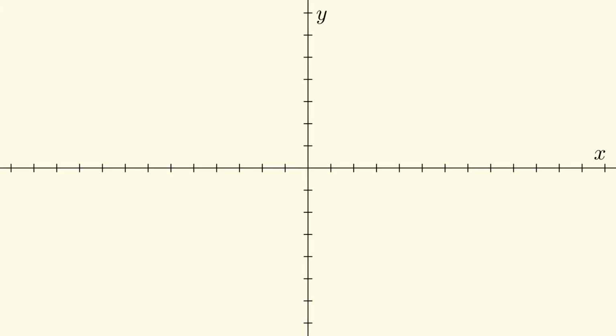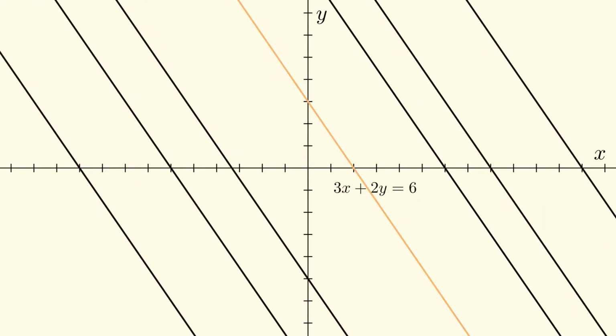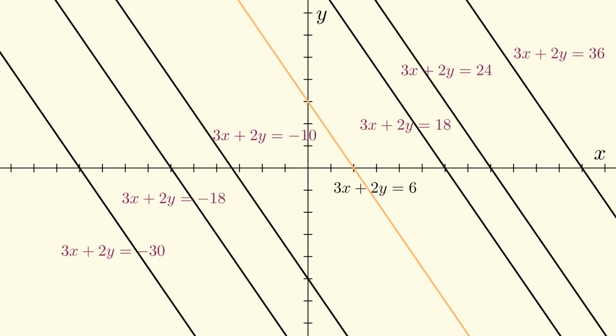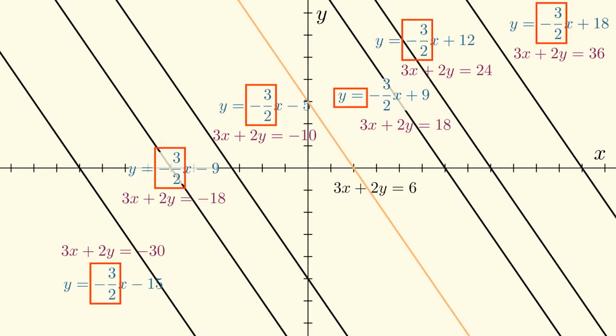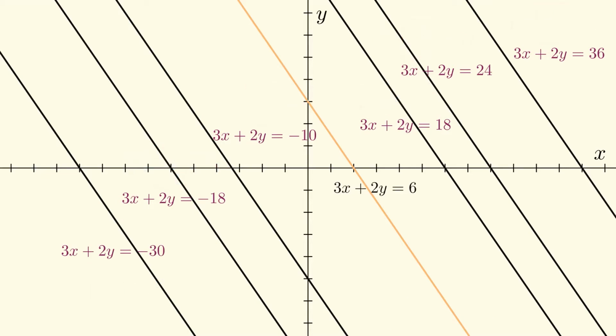Let's say we plot a line 3x plus 2y equals 6. We draw lines parallel to this original line. These lines will be of the form 3x plus 2y equals n, because this can be rewritten as y equals negative 2 by 3 x plus n by 3, and the slope here is constant. But we notice something interesting. On one side of the original line, all the parallel lines have a value of n less than 6, and on the other, n greater than 6.